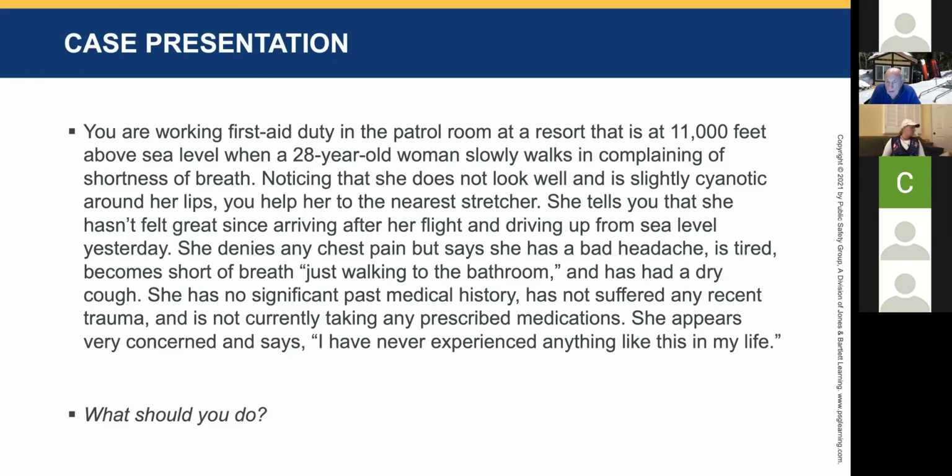Sure. And as you read these things, and for the class, these things are kind of funny sometimes because you're going off of written words and not what the patient is presenting straight to you. So right now I'm reading slightly cyanotic. So you're getting skin signs too. So this person really doesn't look that well. So, no fault to being confused on whether to get a higher level of care en route. But if you look at the small little hints there, slightly cyanotic, dry cough, the person stating that she's never felt like this, we are definitely going to call for backup here.